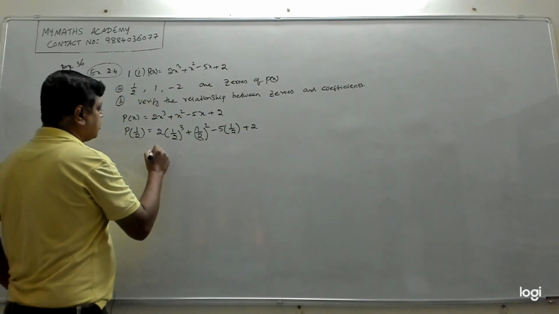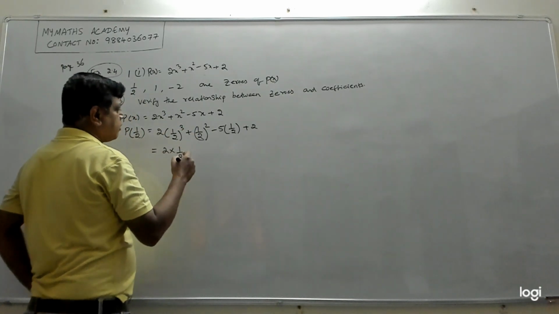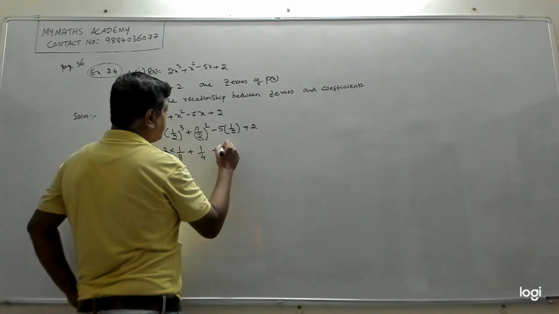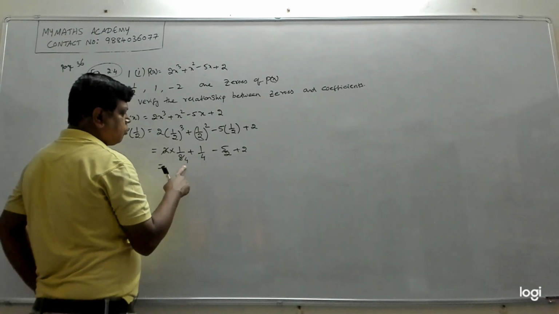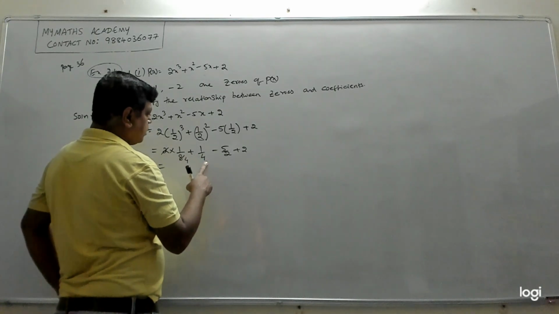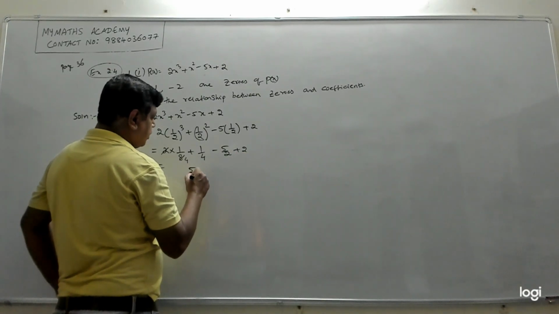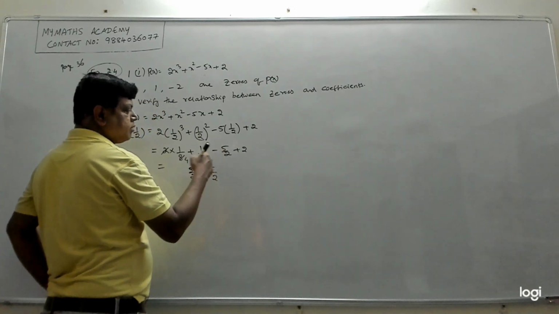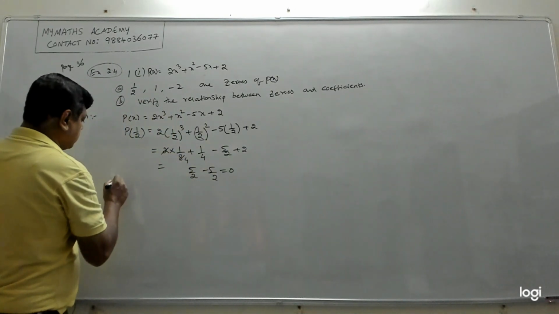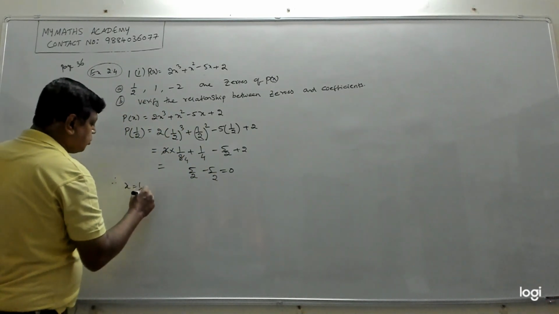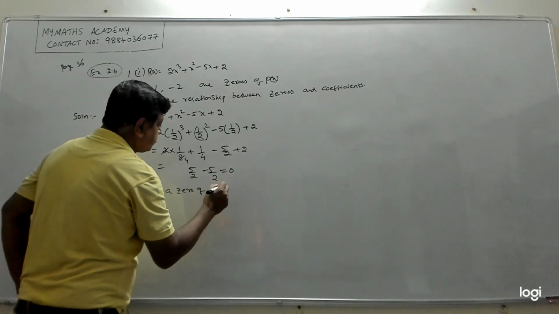So that is equal to, 2 into (1 by 2) the whole cube is 1 by 4, or I could have written 1 by 8 times 2, doesn't matter. So 1 by 4 plus 1 by 4 minus 5 by 2 plus 2. So 1 by 4 plus 1 by 4 is 1 by 2. 1 by 2 plus 2 is 5 by 2. And this is minus 5 by 2. You have to do the fraction addition, subtraction. So you get it as 0. Therefore x is equal to 1 by 2 is a 0 of p of x. P of x is this.